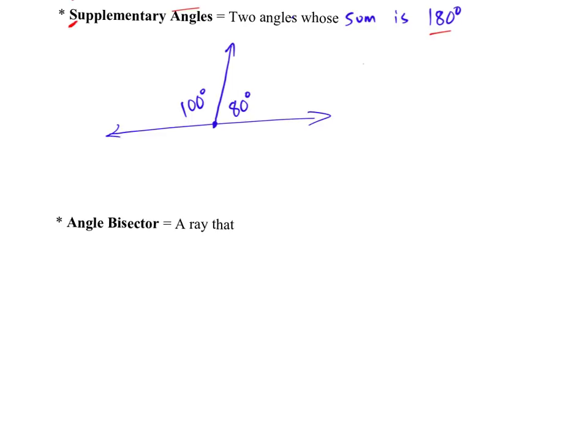So you cut it when you dissect it, right? But now we're going to bisect it, and bi means two. So we're going to cut it, but it's going to have two equal parts. So cut it in half. So this here is a ray that divides an angle